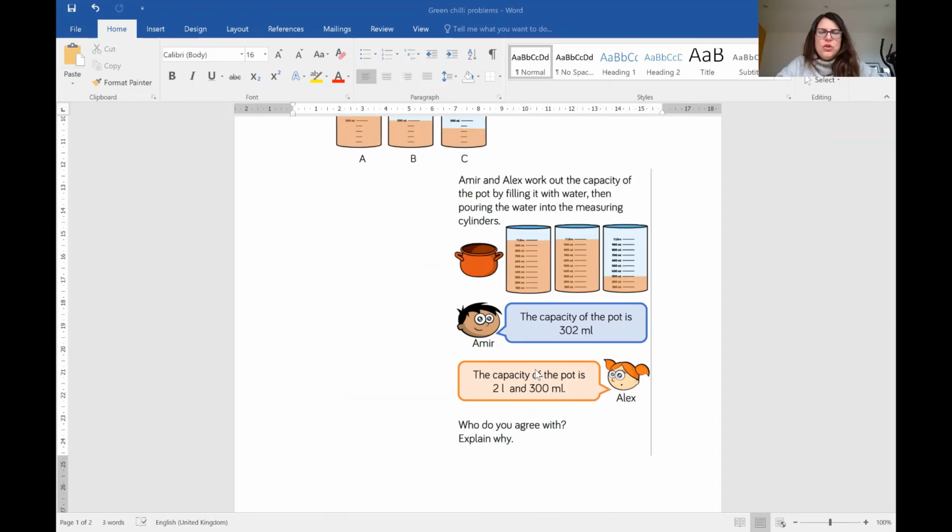And they've both got two different ideas about what the capacity must be. Amir thinks the capacity of the pot is 302 millilitres, and Alex thinks the capacity of the pot is 2 litres and 300 millilitres, or 2.3 litres, you could say. Who do you agree with and explain why? So I'm not going to go through that one with you actually, because otherwise I'll have done almost all of the questions